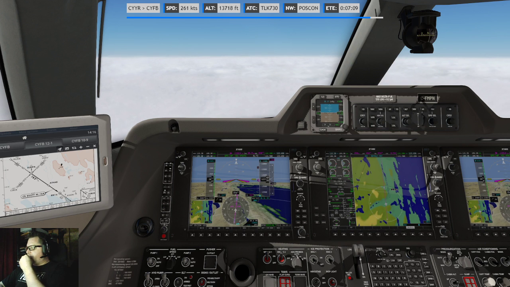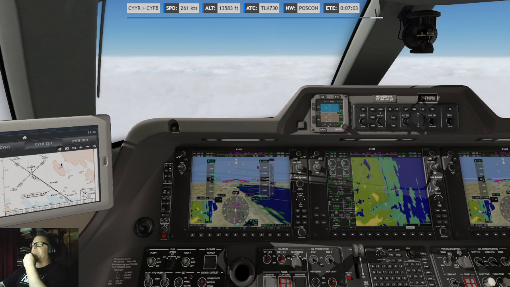So broken 3500, broken 800, and broken 600. So we're gonna have clouds until the runway. It's gonna be a spicy one.